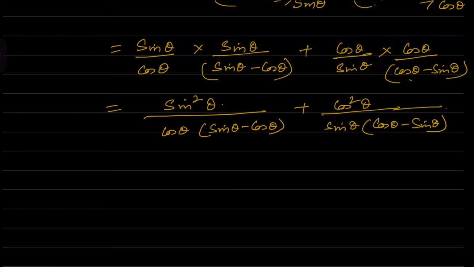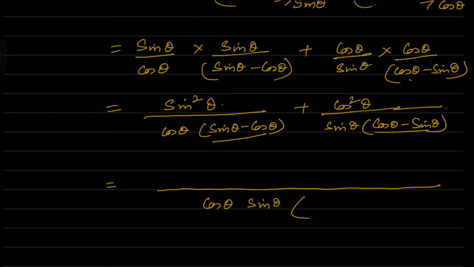So now here if you are taking the LCM, what do we get as the LCM? The whole thing, which is equal to, there we are having these two terms same but with a minus sign, one this side and that side. So we'll take a minus sign in between here. So therefore in the denominator you will have cos theta into sin theta minus cos theta. So this becomes sin cube theta minus cos cube theta. Why I have written minus is because I am multiplying by a minus sign, so this becomes minus sin theta minus cos theta.